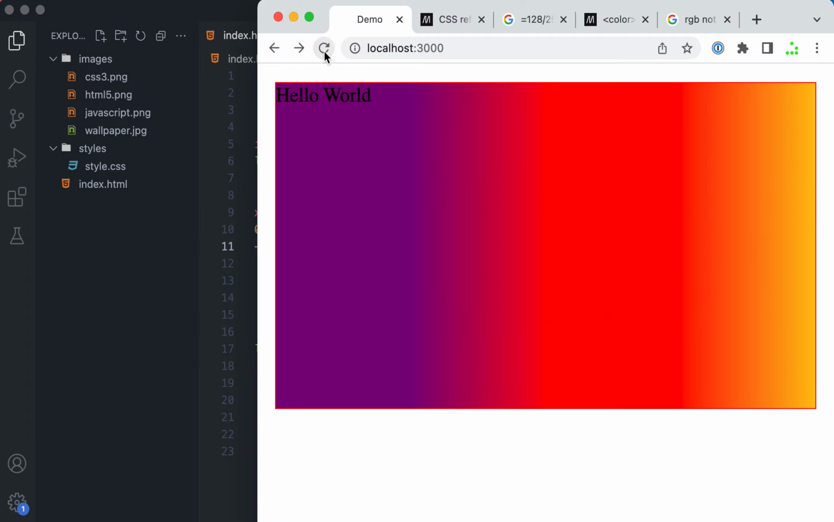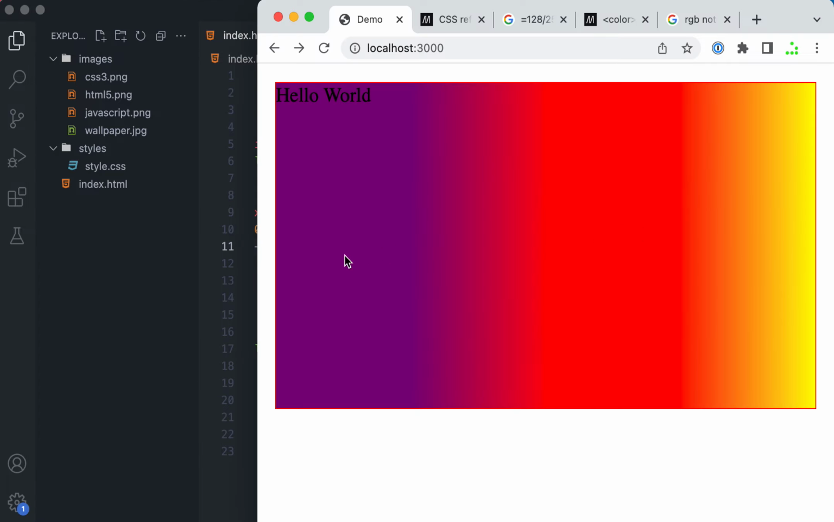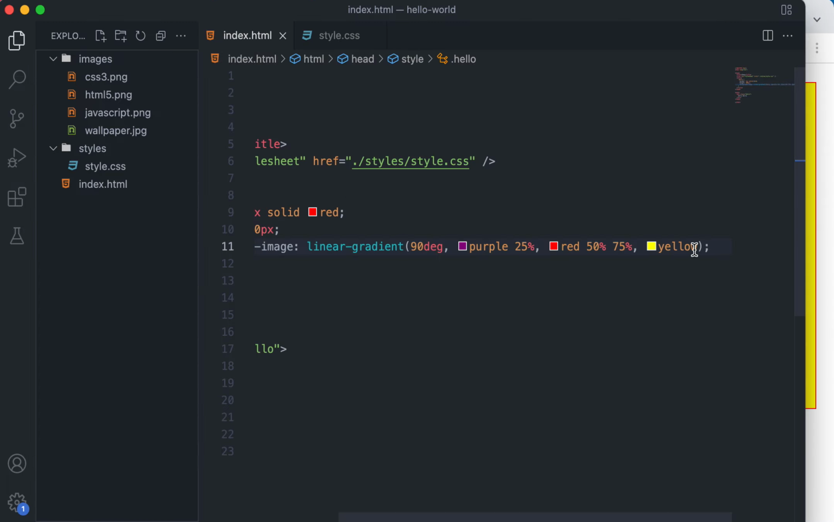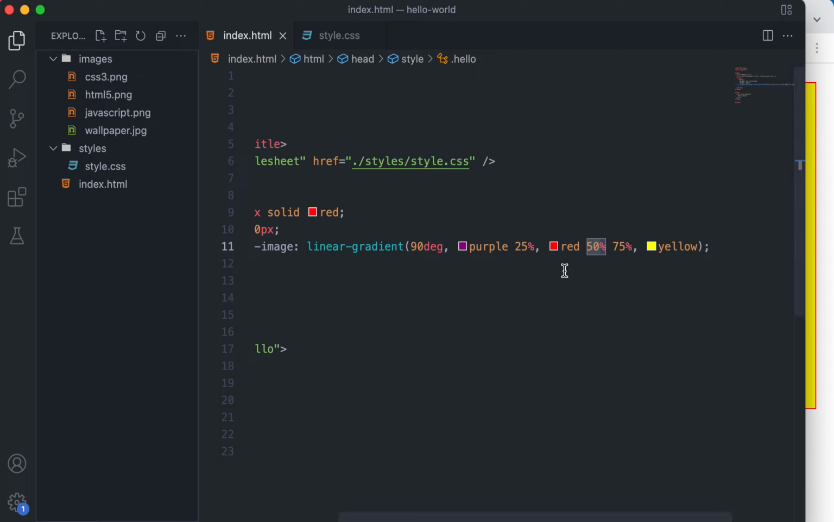So you see, from 0 to 25%, purple is there, then 25 to 50% red is there in gradient mode, and then 50 to 75 solid red is there, 75 to 100 solid yellow is there. What if I make this 25 and this 50 the same? What will happen? From 25 to 50 is the place where the actual linear gradient, this shading effect, the transition is happening. If I make that the same, let's say